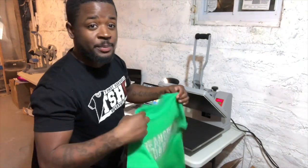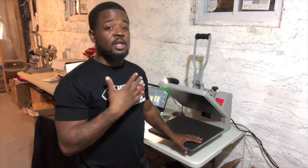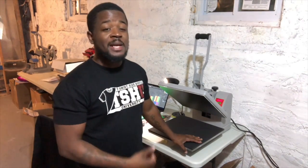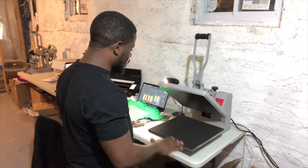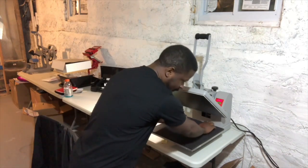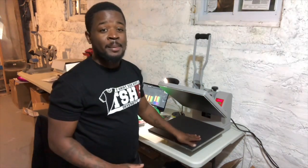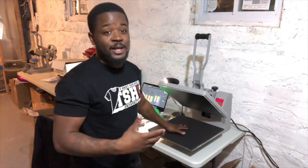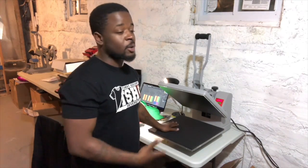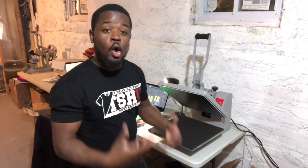We're gonna go ahead and let this bad boy cool down before we peel it. And I'm just gonna give you some of my thoughts. So, I really think that the Craft Pro is the go-to press for me because I know how important that slide out drawer is. Just being able to pull it out and comfortably work right here. When you're doing this consistently, and especially if you gotta line something up at the back of the press, you know, you're working under the heating element, which isn't necessarily a bad thing, which is the same way that I started. So who am I to say, hey, don't go with the clamshell or regular clamshell without the slide out drawer? I just like that feature the same as I would appreciate an auto open feature